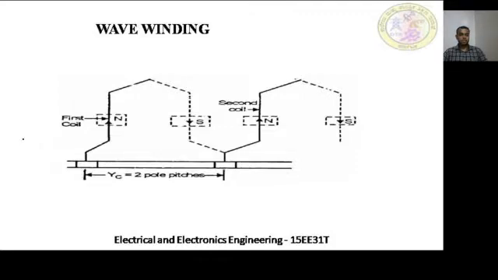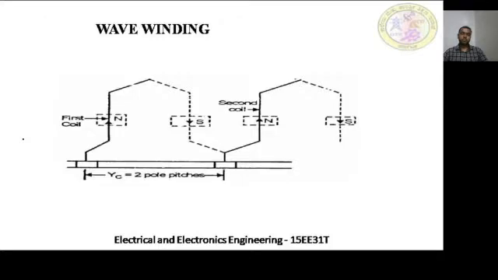In the first coil in the picture, you see that four conductors are placed and connected to one another. The first conductor is in the north pole, with current flowing in the upward direction. Then the second conductor is connected to the south pole, and the current is moving in the downward direction. Then it is connected to the commutator.